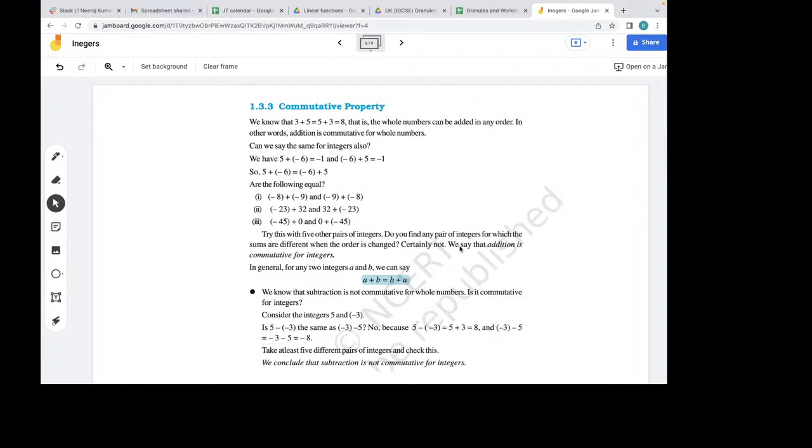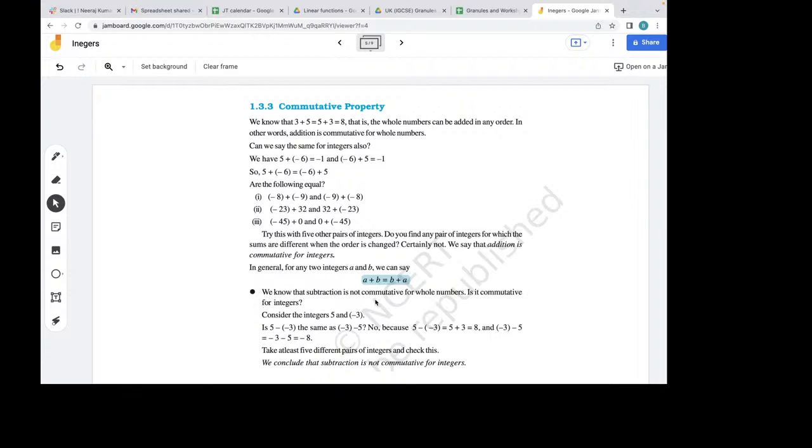So we can say that addition is commutative for integers. So it follows the commutative property of addition. Okay, now